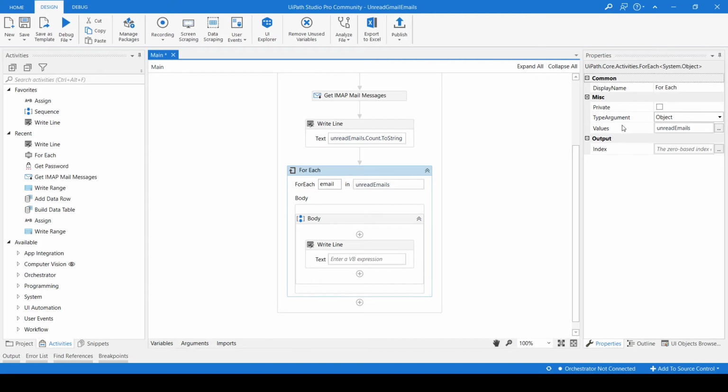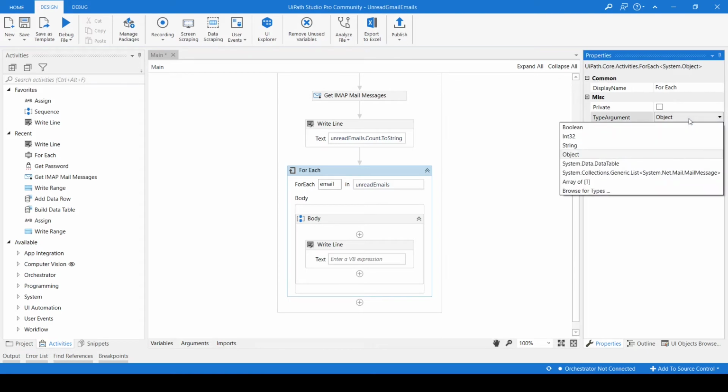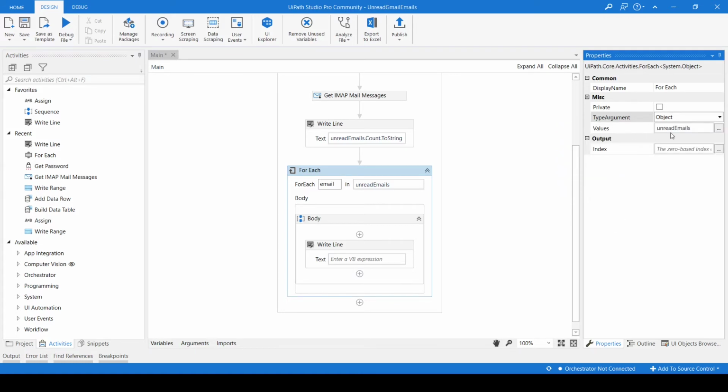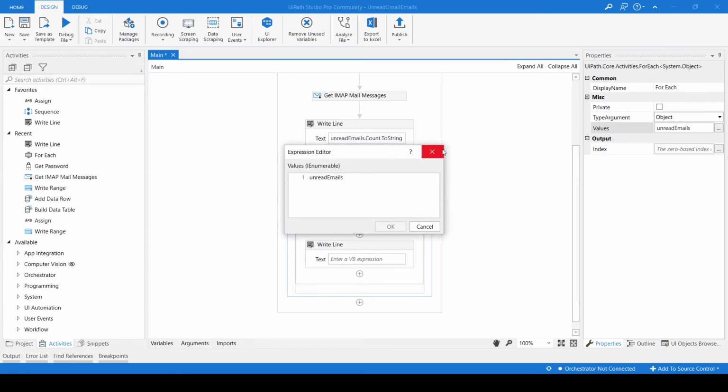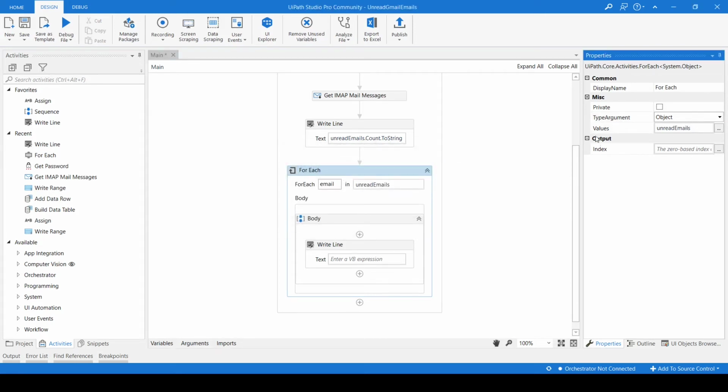Here we can see the argument type, the type of argument we need to pass. Earlier it was object, and we can pass anything we want. The values here mean the variable name which you want to iterate, and the output means if you want to store it somewhere.